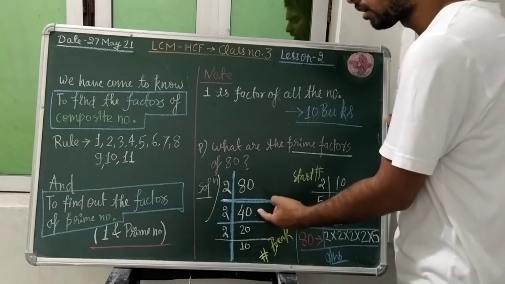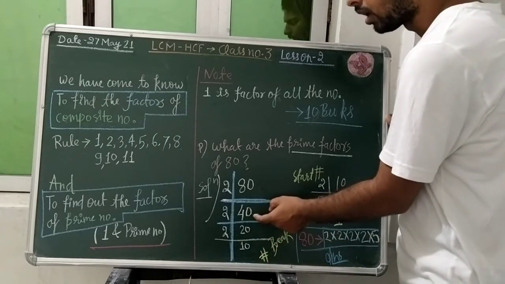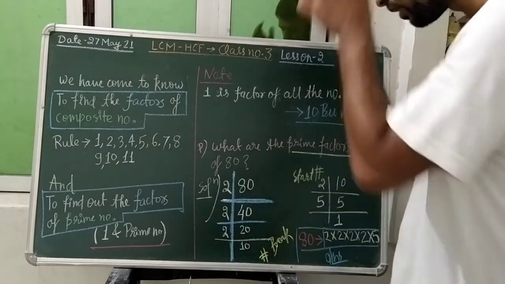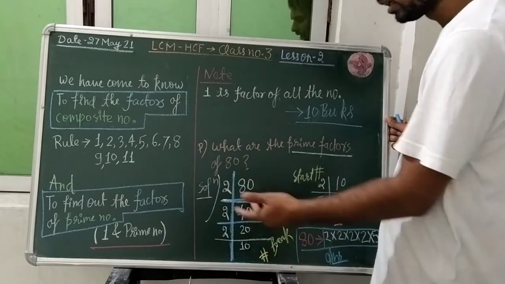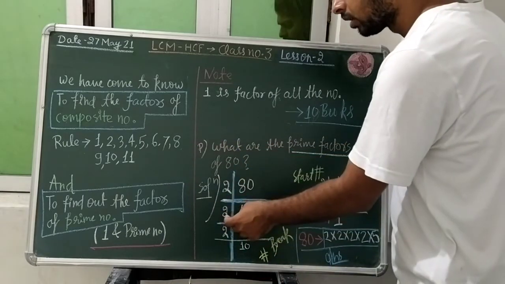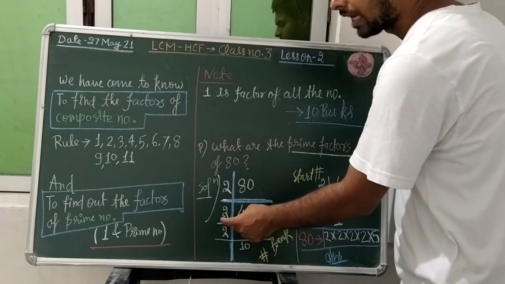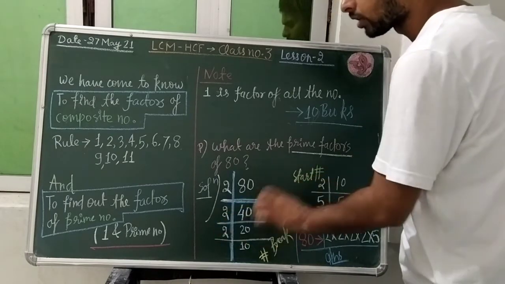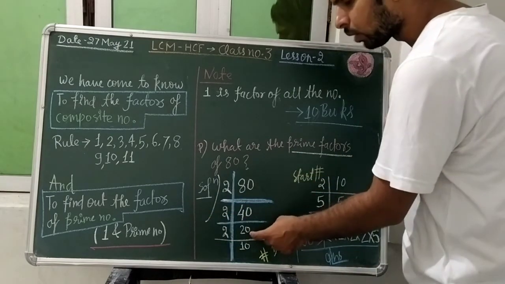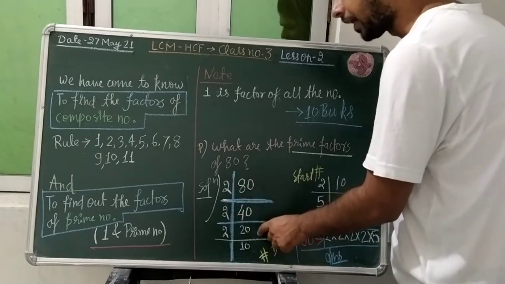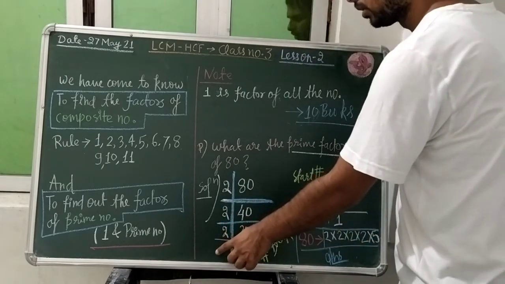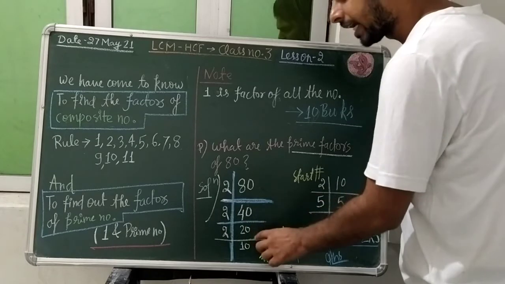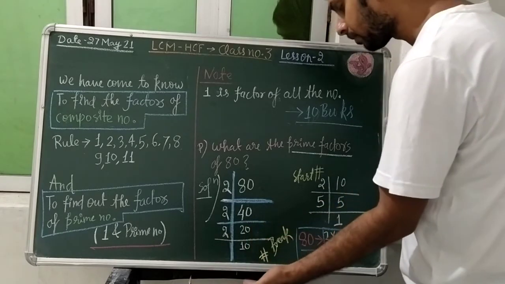Yes, of course it is an even number. If at the unit place you are getting any even number, that will be divisible by 2. Go to the divisibility chapter, I have talked about it. So again we will select 2, and 2 will divide it 20 times. So the second horizontal line will be completed. Will 2 again divide this? Of course 2 again will divide this, so once again we will select 2. How many times will 2 go to divide this 20? It will go 10 times, so we shall select the next number 10.